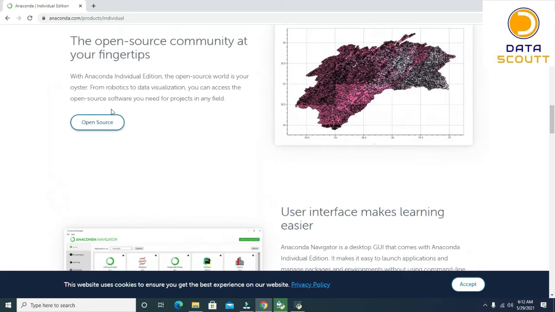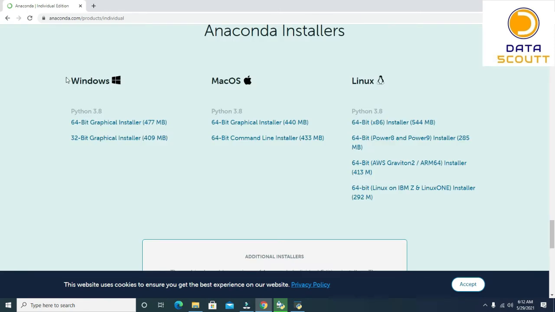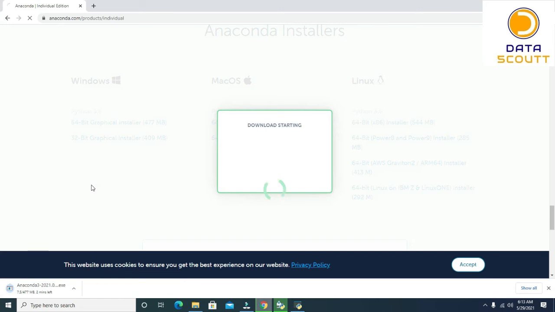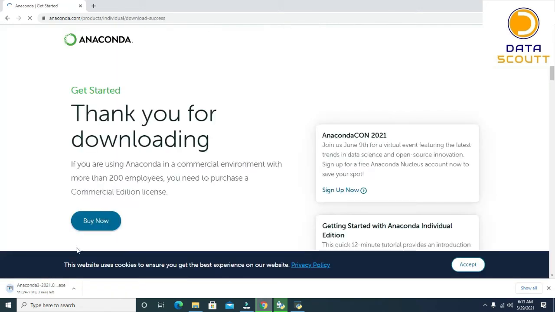If we go down, we can see Anaconda for Windows, and Anaconda for Mac and Linux. What we are going to install is the 64-bit graphical installer, which is 477 MB in size. Let's click on this. After clicking, you can see it started downloading. Let's wait for it to complete.